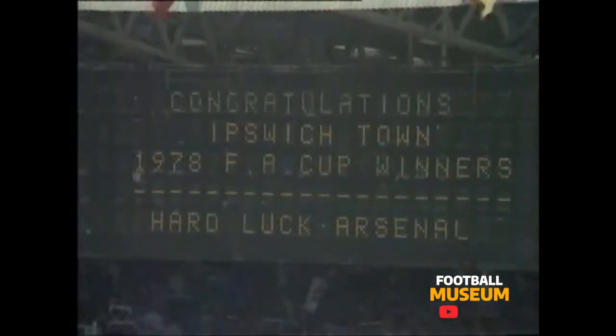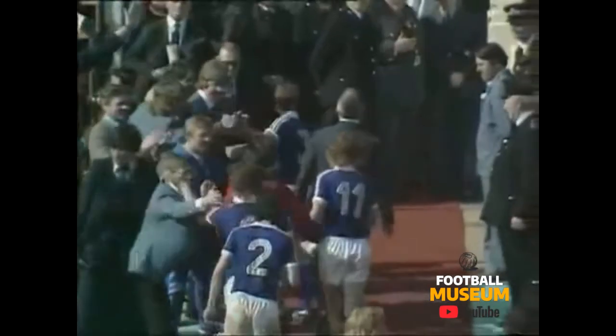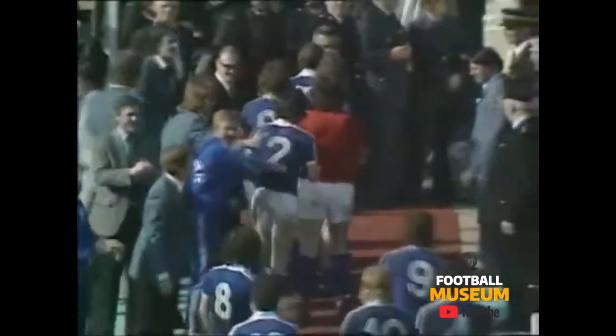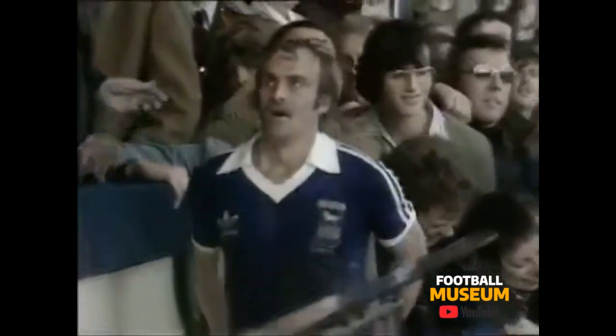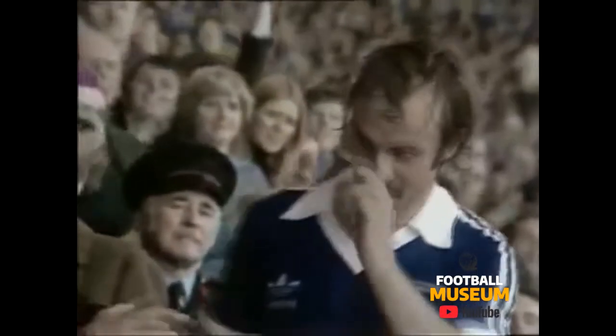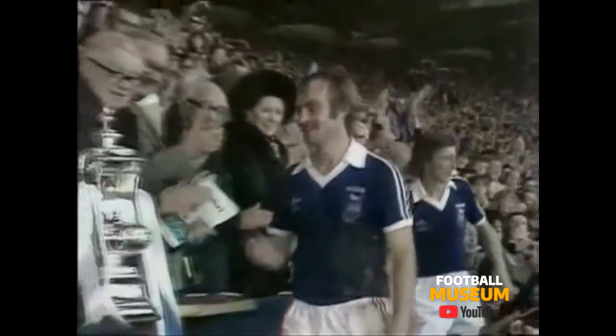Congratulations Ipswich Town, 1978 FA Cup winners, hard luck Arsenal. And here go Ipswich now, the first time they've ever had their hands on this trophy. And Terry Neill applauding them up. The blue and white ribbons are already on it, and I think most professionals in the game would say no finer professional could go up and collect that cup than Mick Mills, some 13 years at Ipswich. I don't suppose he's ever been a moment's trouble to any manager they've had there. England international, as reliable as anyone can be, and now about to have the greatest moment in his life,